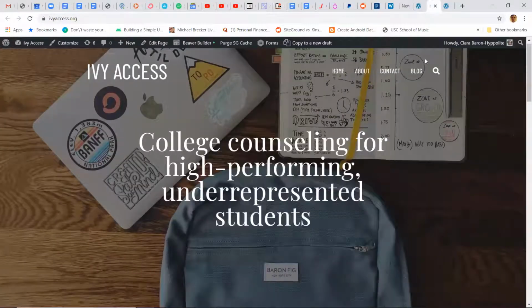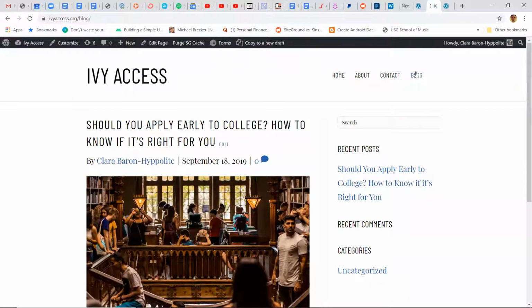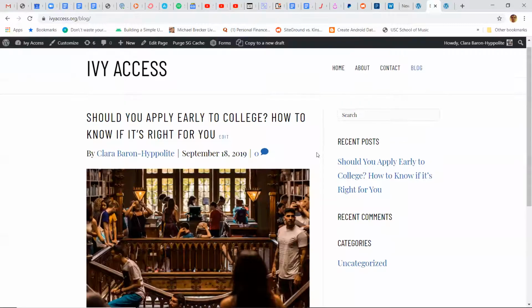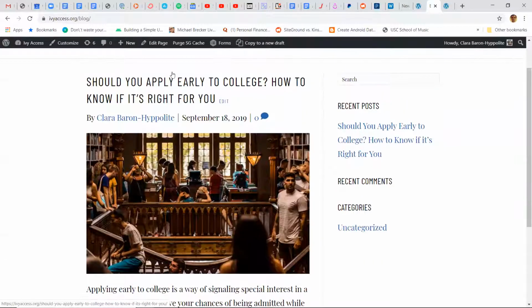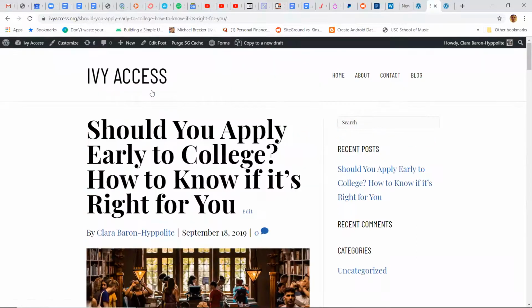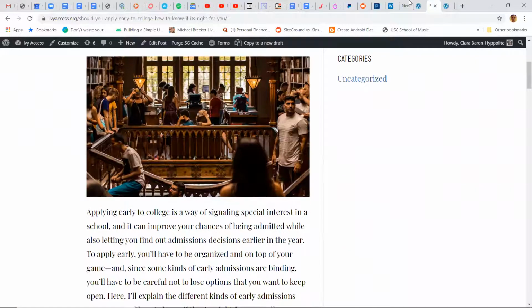And one annoying thing about the Beaver Builder theme, again, almost every time I'm annoyed with the Beaver Builder people, it's because there's not enough options. They create things that are very beautiful and solid and are not buggy, which is why I use them, but they tend to not have enough options. And in this case, this is her blog section, and I wanted the featured image on her blog section to be cropped to this aspect ratio. I always wanted it to be a rectangle with these dimensions. And the Beaver Builder theme has no option for that.